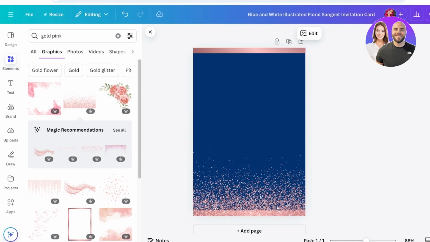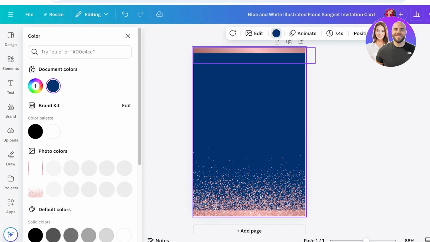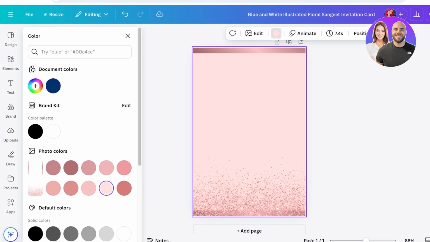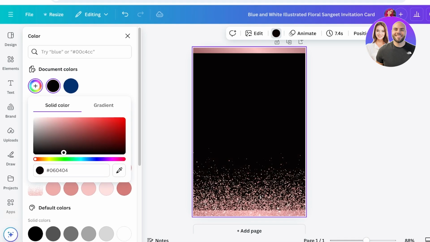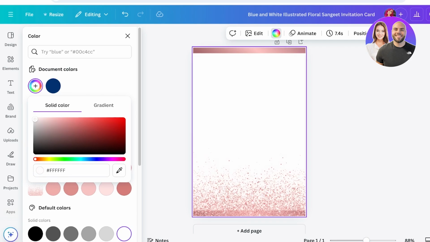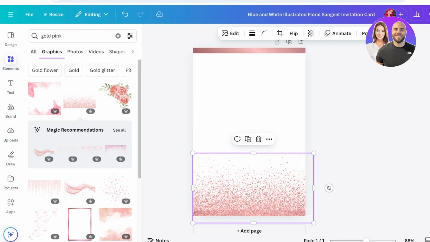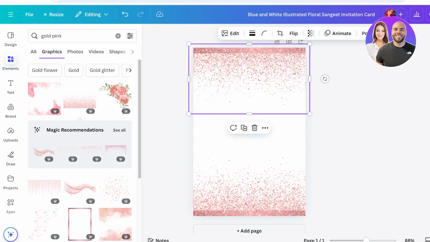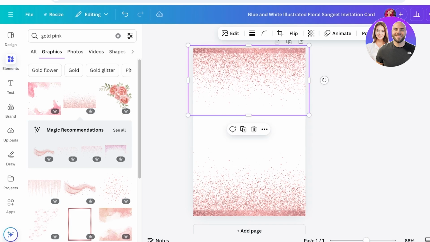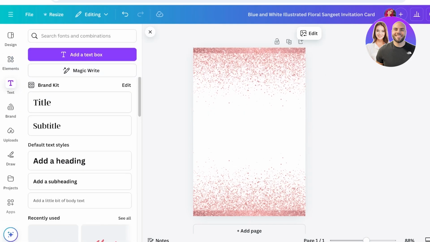Then I'm going to click on the background and change the background color. I want to go for something even slightly lighter, so I'm going to go into the document colors and just make it, I think I'm going to go with a really light color like this one. It's almost white, but not quite. And once I place the glitter, I'm going to click on flip this vertically, and then just reset this so it looks nice. And once I have done that, I'm going to click on text on the left,